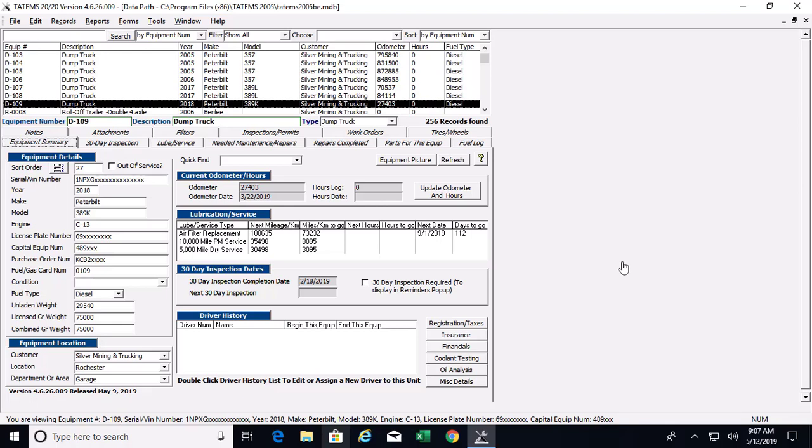Just wanted to go over real quickly some updates we've made in 4.6.26.009, released May 9th of 2019. And I don't think I've made a video since 0.005, so I'll give you a couple of other things we did previously as well. First thing I want to talk about is we've updated the workflow for entering your own custom labor rate in